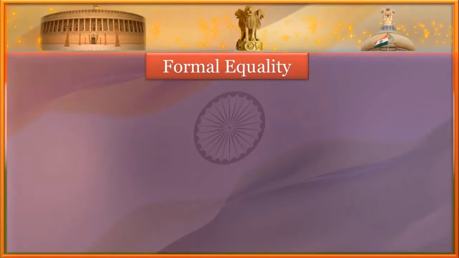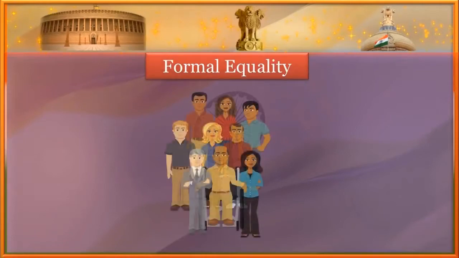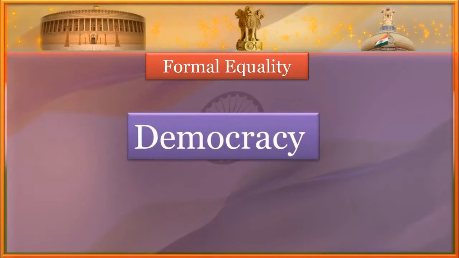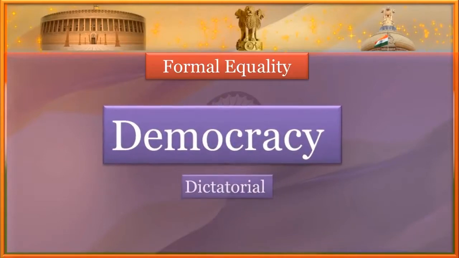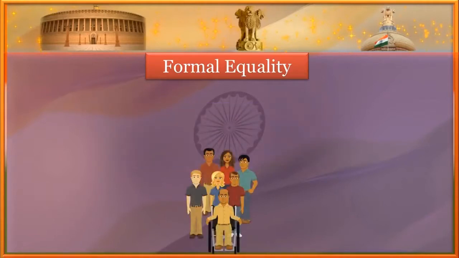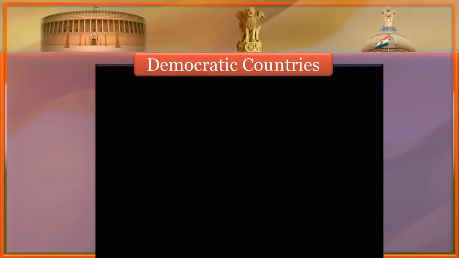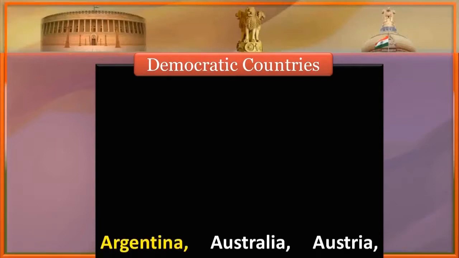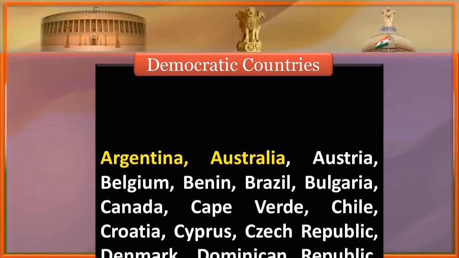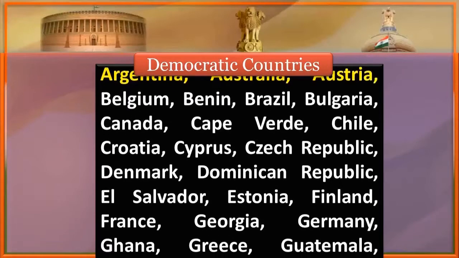Formal equality. In a democracy, all citizens, irrespective of their caste, creed, color, or faith, are equal. All public offices are open for all. That is why democracy is preferred to a dictatorial government where all powers are in the hands of the ruling class and people have to bear the pangs of discrimination at every step. There is no denying the fact that there are some significant elements that continue to make democracy popular in the contemporary world. The chief among them are